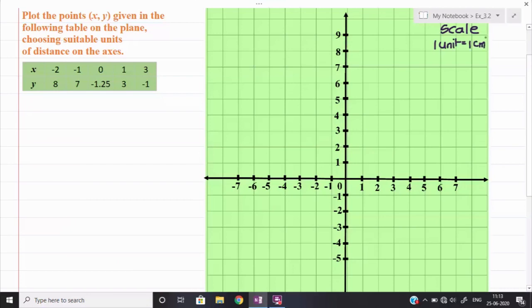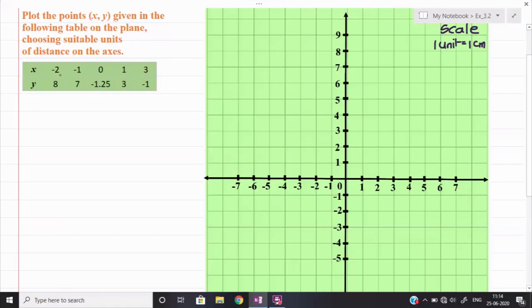Okay, so please solve this question on the graph paper. Now let us see how we can plot the following points. I have shown you how to plot points in some of the previous questions, but here I will show you a little new method which is more practical, and this method we can utilize in upcoming questions.